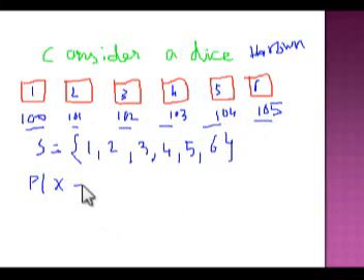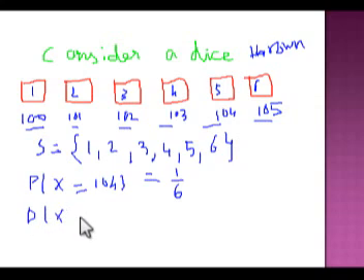If we wish to know the probability distribution of a single throw, then what will it be? The face 5 can appear just one time in one throw. So this is 1 by 6. There are 6 outcomes, so 1 by 6. In this way, if you want to know the probability distribution of x equal to 1